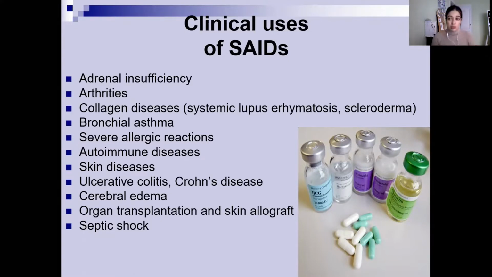For bronchial asthma, because these drugs reduce allergic reaction very much, and bronchial asthma is directly connected with allergy, the disease which is connected with allergy. Other severe allergic reaction, autoimmune diseases. Why autoimmune? Because this drug has immunodepressing effect. So I will write here that